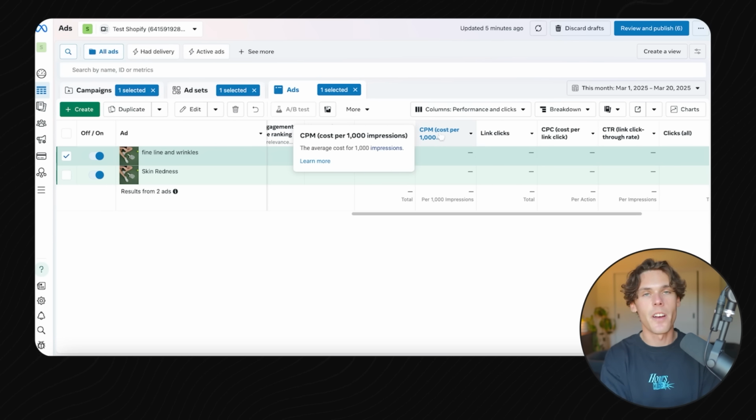Now your CPMs is your cost per 1,000 impressions. This is pretty much a vanity metric. A lot of people ask about it. Why are my CPMs so high? It cost me $100 to show my ad 1,000 times. That's pretty expensive. It is, but it's also pretty much dependent on the niche and how large your audience size